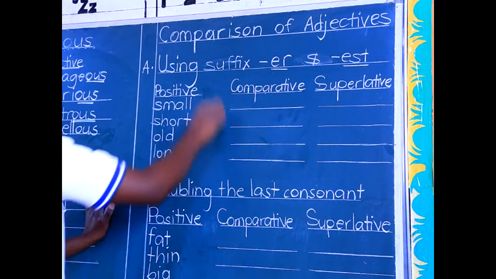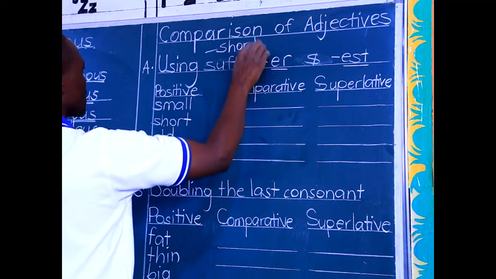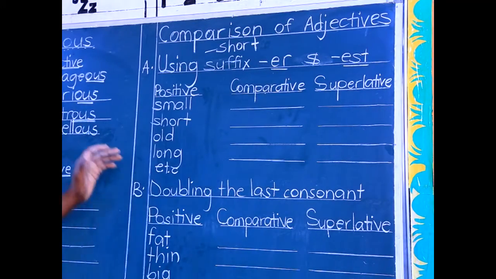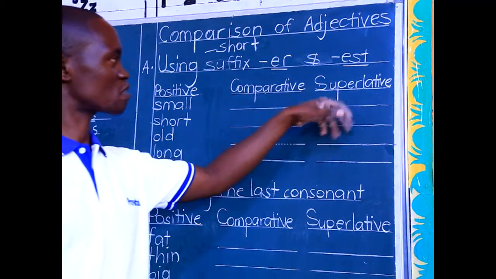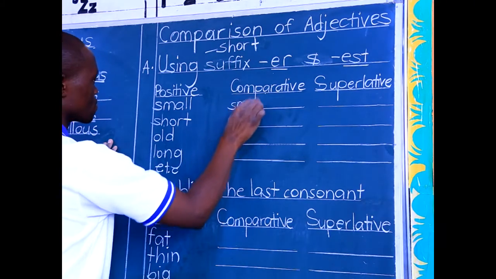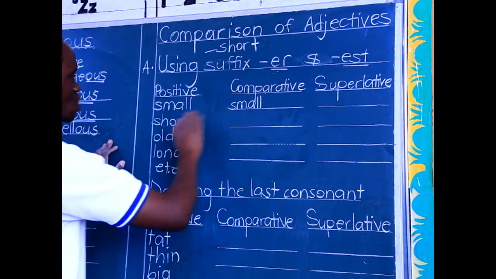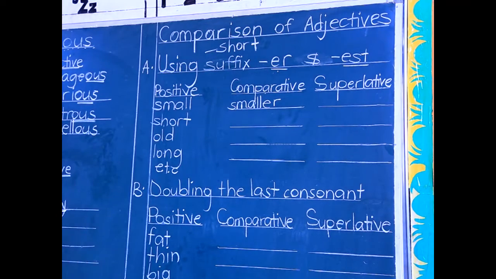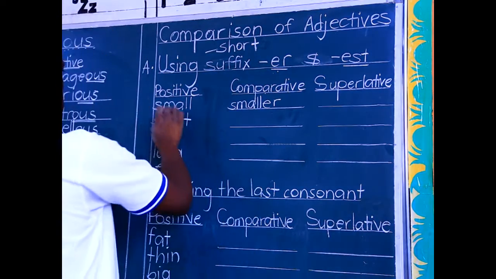And these are normally shorter adjectives. They are short adjectives. They are the ones that require to add er in the comparative, then to form the superlative we add est. Let's look at some of them in this list. We have small as the very first one, which changes to smaller and smallest. So you have small. After forming your small, add what the teacher has told you as your suffix er to come up with the word smaller. Smaller is our comparative degree from small.